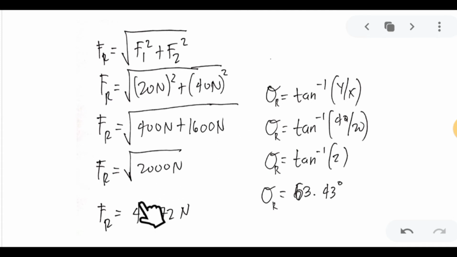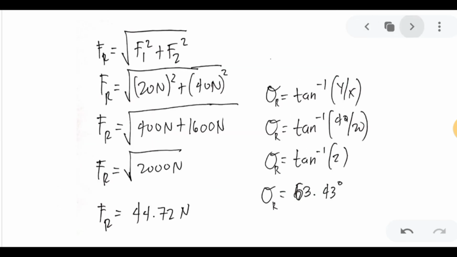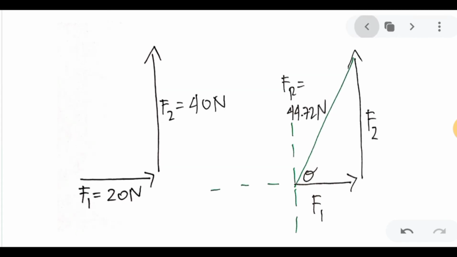And find the square root, that is 44.72 N. Therefore, the resultant force or resultant vector is 44.72 N here, or newton rather. And then to find the direction, since that lies in quadrant 1, meaning to say the direction is equivalent to